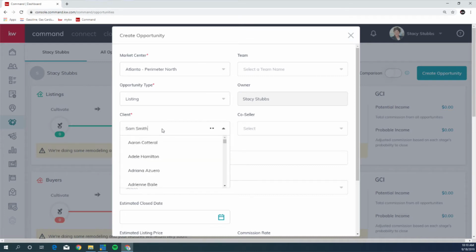But if I were to type Sam Smith, nope, it wants to pick my friend Elisa Smith Heath. You have to have that client in there. Oh, it's not going to be Elisa. I'm going to say Diamond. There you are. Okay, now we're going to pretend I have a listing, Diamond's my client, and we're under